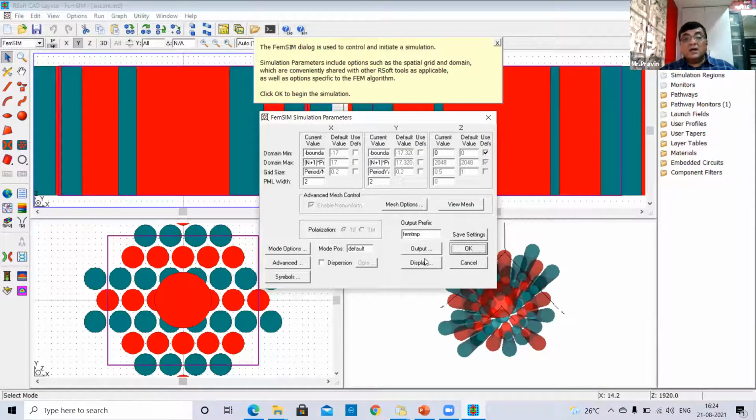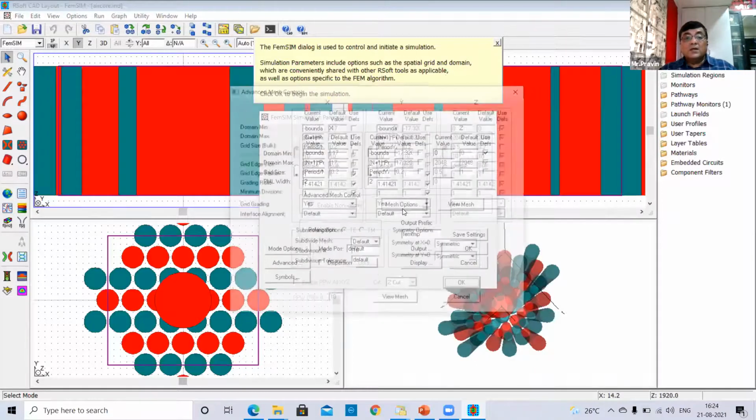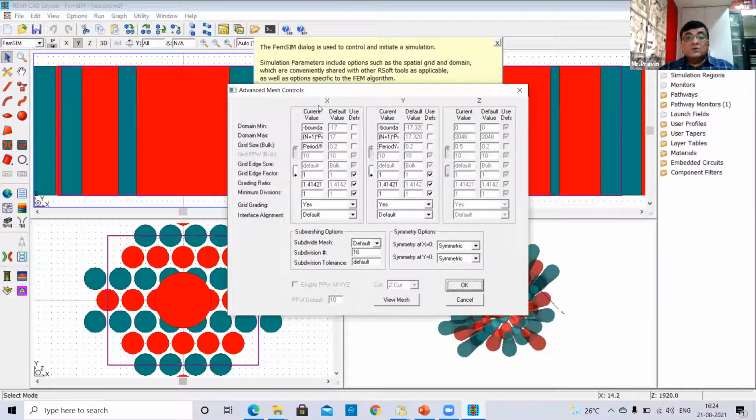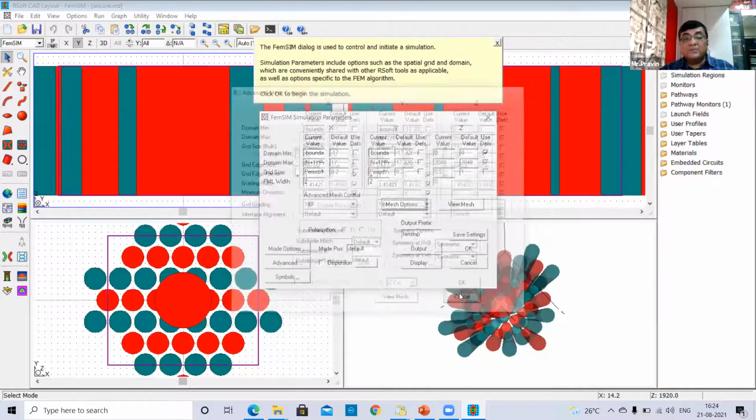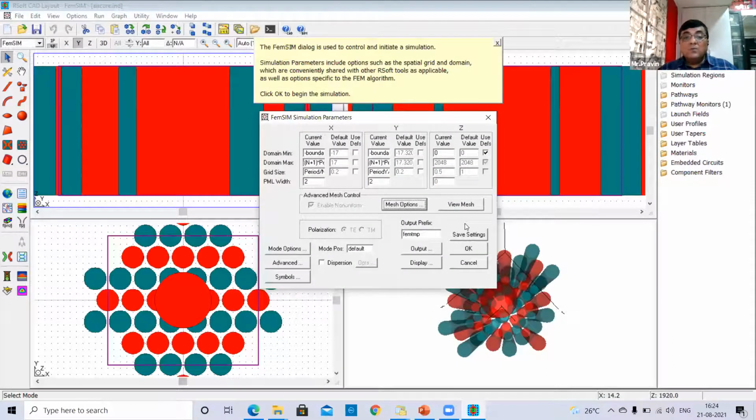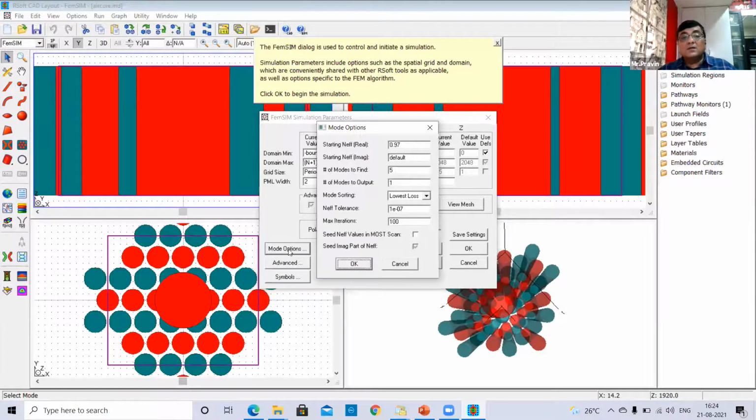Now here you have the option to fix the mesh, how you want to use the mesh in this particular problem, or how many modes you want to use, the mode option, how many modes you want to calculate. The number of modes to be defined, you can define here.